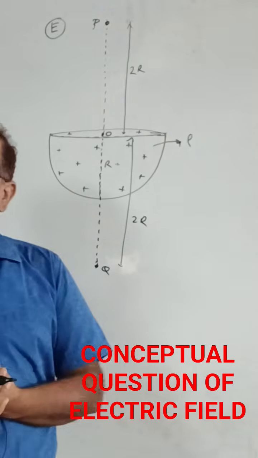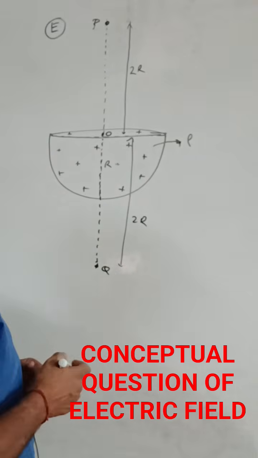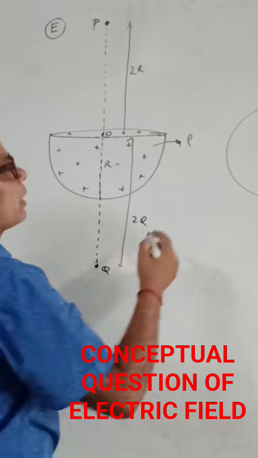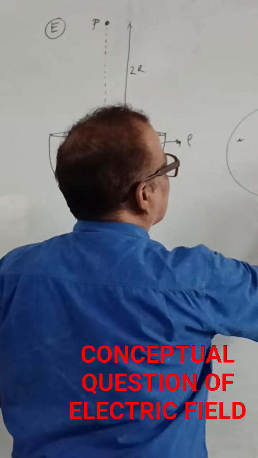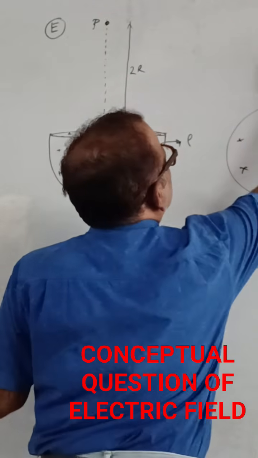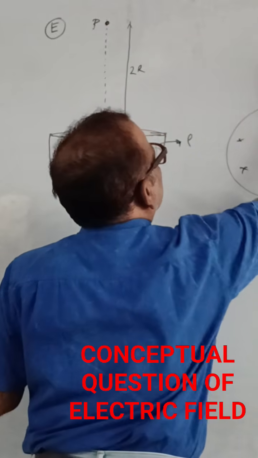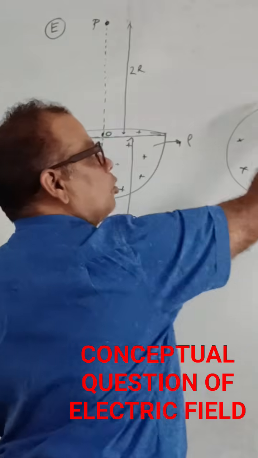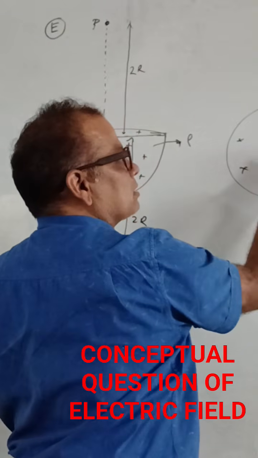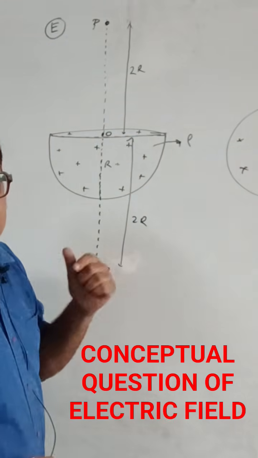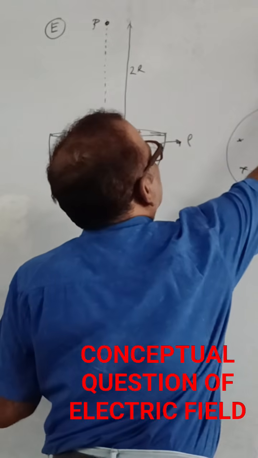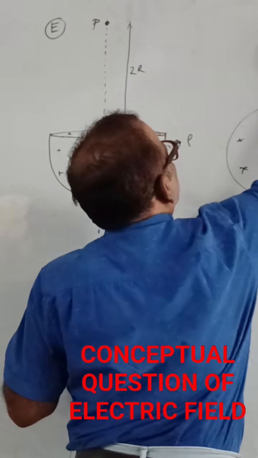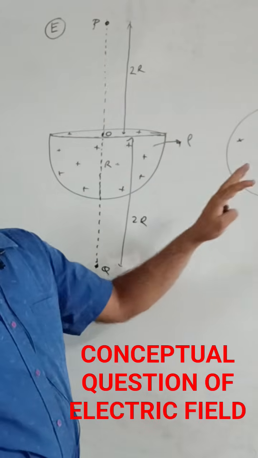By using the principle of superposition. And what is the principle of superposition? We first of all take a complete sphere, and we will find the electric field at distance 2r from the center by taking a Gaussian surface and considering the whole charge of radius r inside at the center as a point charge. We can find the electric field at this point, and suppose this entire electric field is E naught, and it will be upwards because this is taken whole as a positive charge.